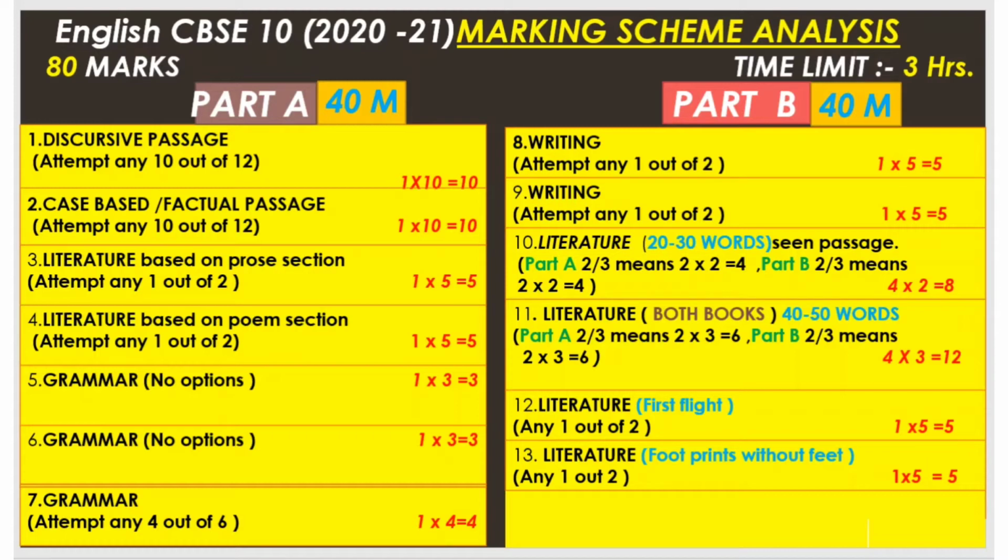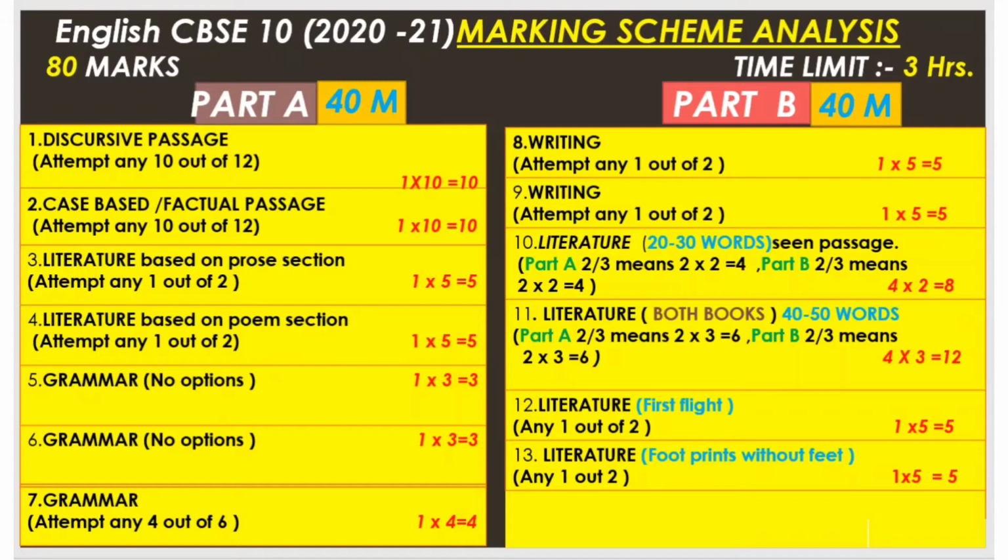Part A's first question is a discursive passage. Now before starting with the marking scheme, let me explain what a discursive passage is. A discursive passage is a passage where the writer rambles from topic to topic. That means there can be a slight change in topic if you compare the first para, the second para, and like that, and you may get a little bit confused. So you should be very attentive while reading this type of passage and try to establish the connection or the link, or try to understand what the writer wants to convey, and then only go to the question part.